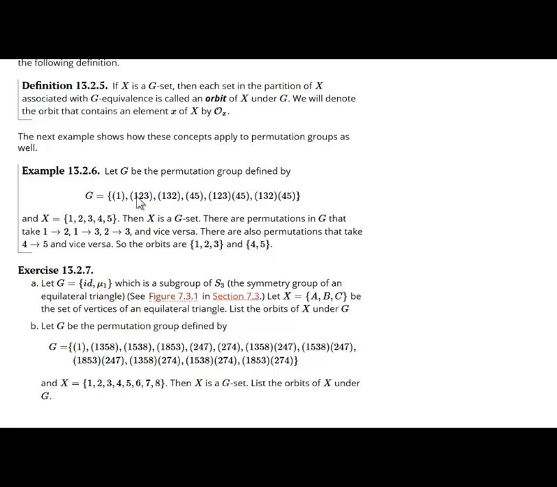So we see that G equivalence is an equivalence relation, and this set 1, 2, 3 is an equivalence class. I could call this O of 1, or O of 2, or O of 3. And this one's called O of 4 or O of 5. There are two distinct orbits in this example. And here's another example for you to